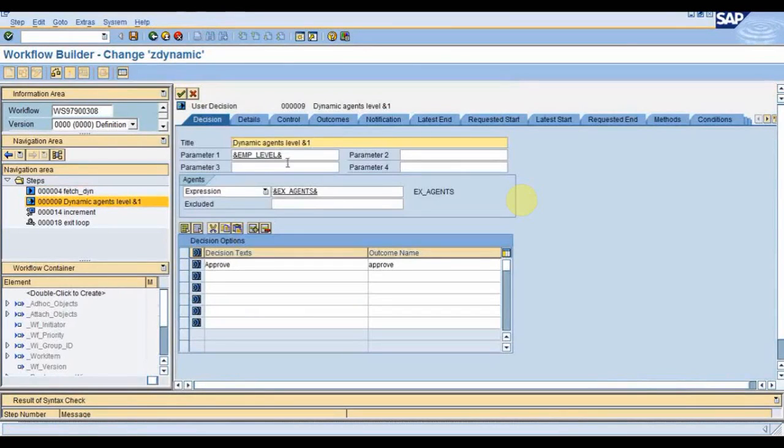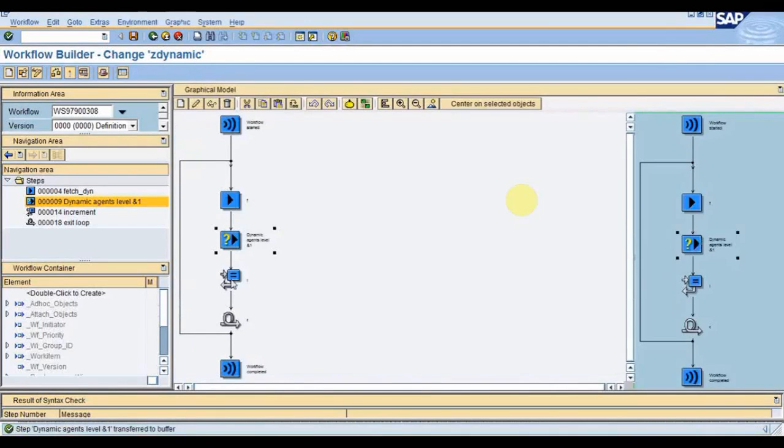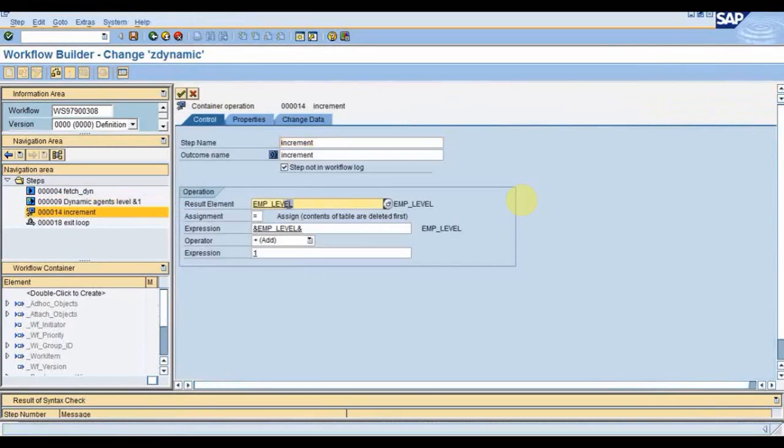In the next step, we were just having these X agents, because in the first step we got these X agents in the workflow, since this task returned them to the workflow. So we bound it to the workflow container X agents, and the employee level we had as a dynamic value, so that I can know at which level I have received it, and we had one decision. So this was the next step binding, and in the third step I was just incrementing this employee level by 1, similar to a equals a plus 1.